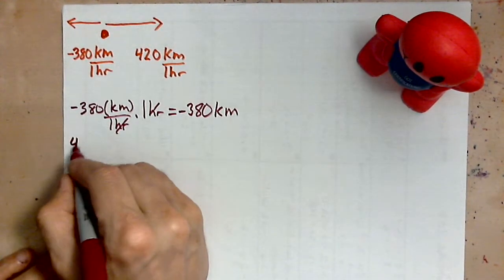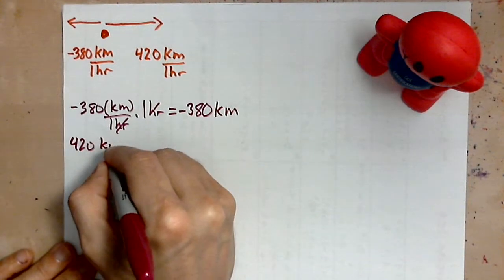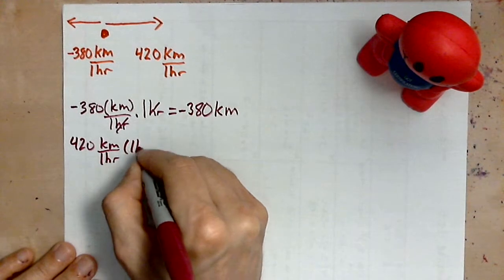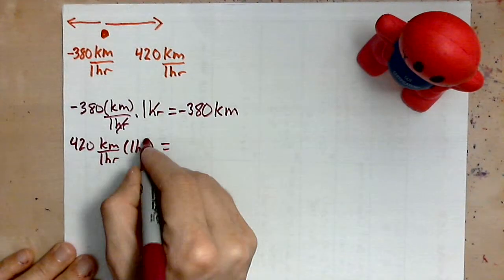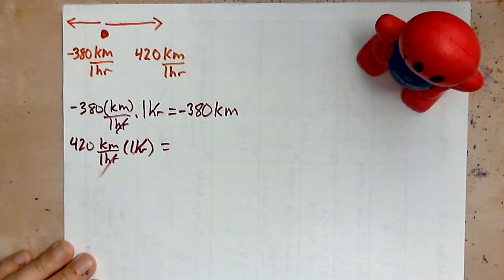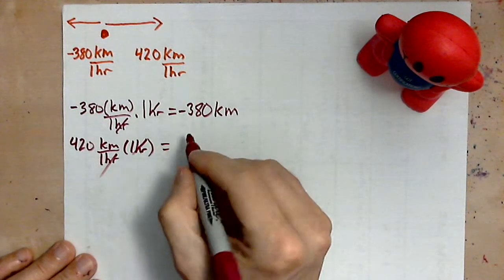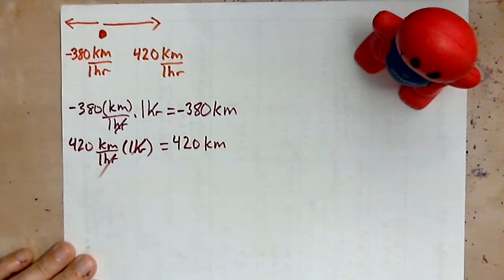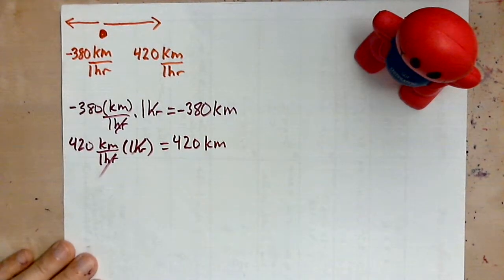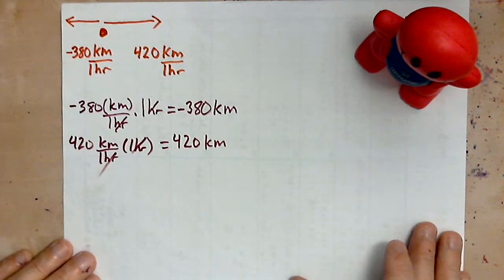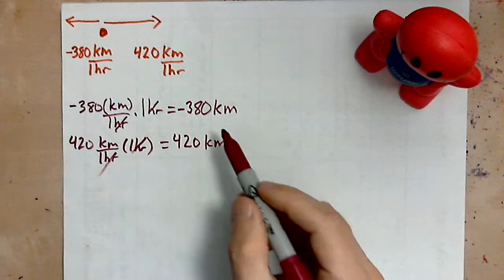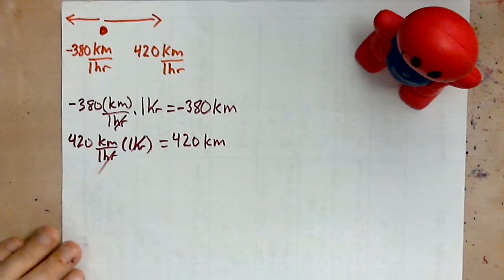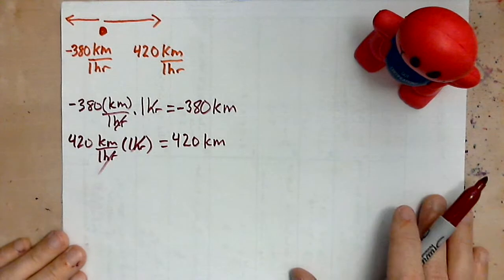The other guy here does 420 kilometers per 1 hour times 1 hour of time. Cancel the hours, those are units, they can be canceled. And all that remains is 420 kilometers. So 1 hour into the motion, or into the journeys of the planes, this guy is 380 to the left, and this guy is 420 to the right, which means that the distance separating them 1 hour into the trip